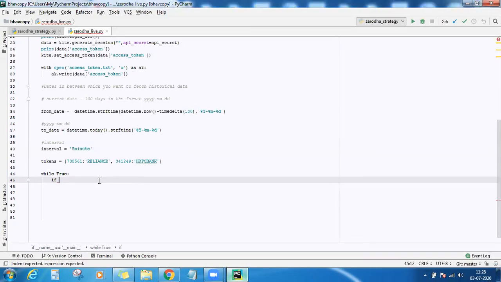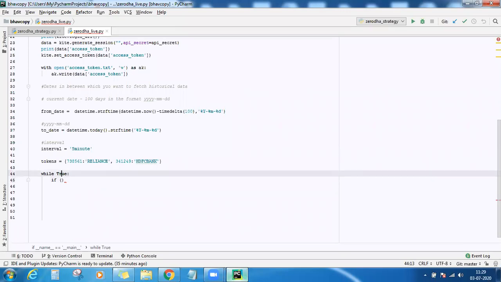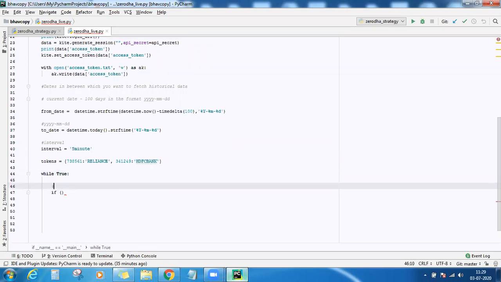So for that, I'll be writing an outer if condition. So if the current second is 0 and the current minute, if you divide it by 5, the remainder should be 0. So what is the condition here? Fetch the historical data only at the end of 5 minutes.